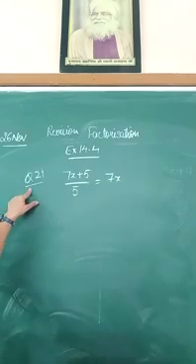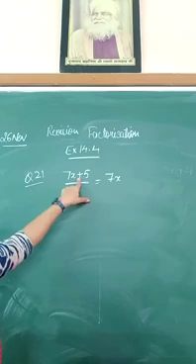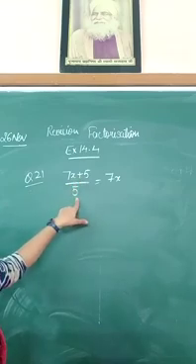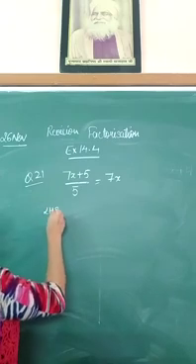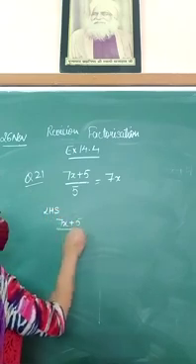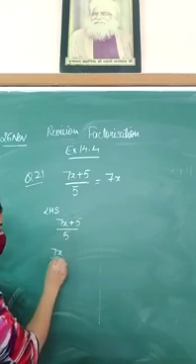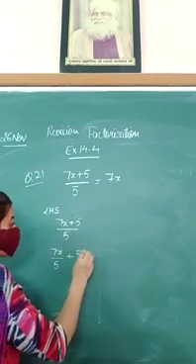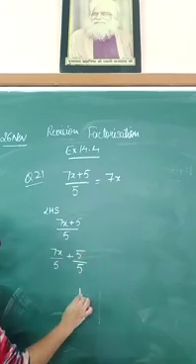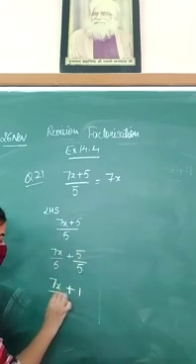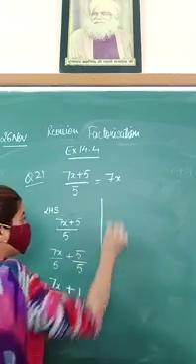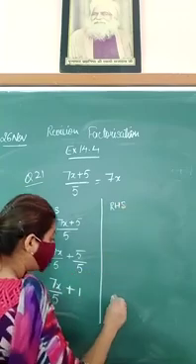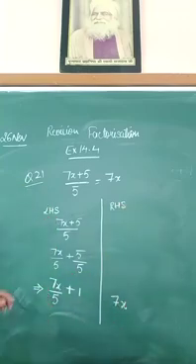Question number 21. In this again, a binomial term is given in the numerator and a monomial is given in the denominator. You have to separate it out. Take left hand side, this is (7x plus 5) upon 5. Now separate it out, 7x upon 5 plus 5 upon 5. This 5 will cancel out, this will give you 1. 7x upon 5 will be the same because they won't be cancelled out. And on the right hand side, you have given only 7x as your answer. That means they have divided it in the wrong manner.